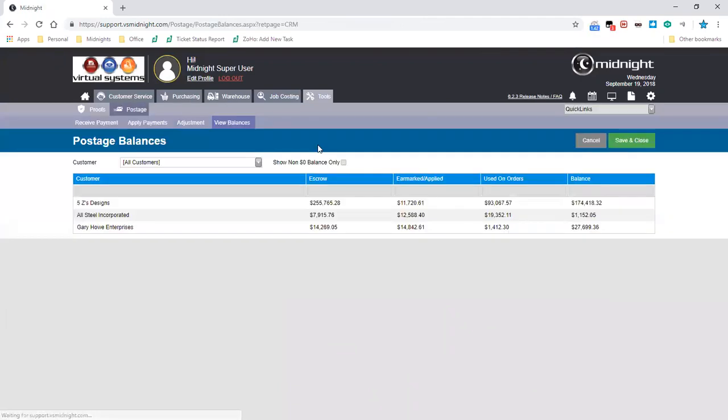Finally, a quick view into the postage module allows you to view your total balances. In here, you can either select a customer or view your complete customer balance history. The columns here represent the customer's name, the amount of available funds associated with the funds in escrow for each check that's been received against that customer, the total amount that's been earmarked or applied, or in this case, applied to a job or is expected to be applied to the job,